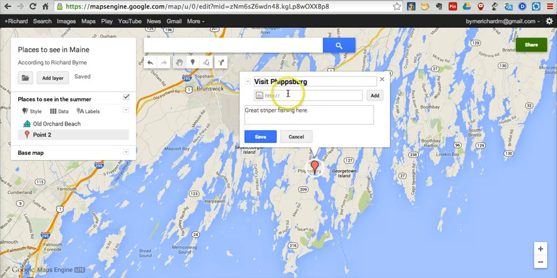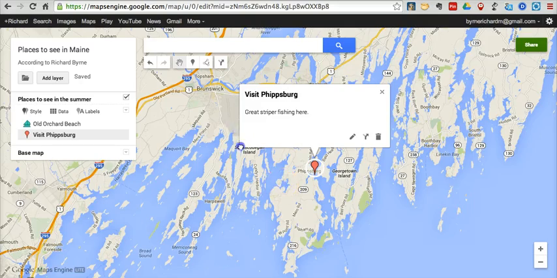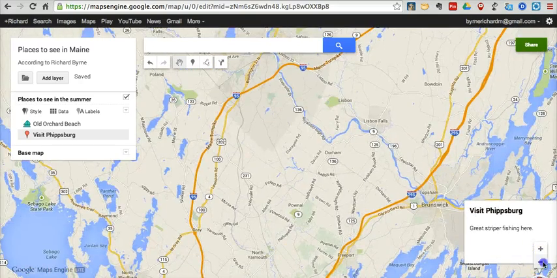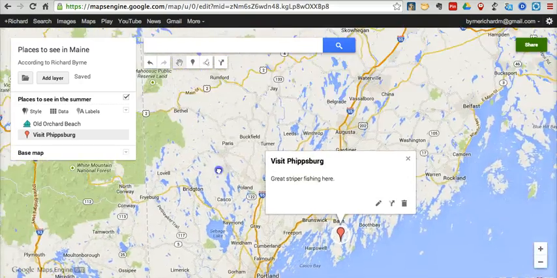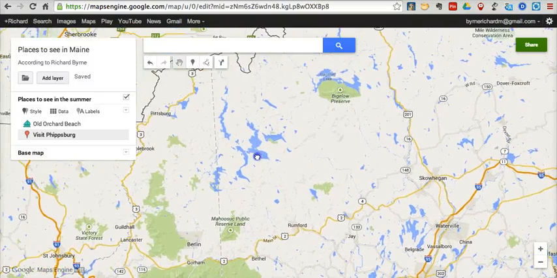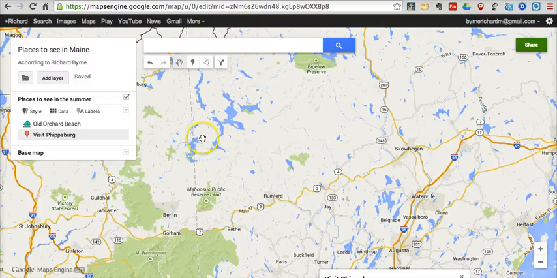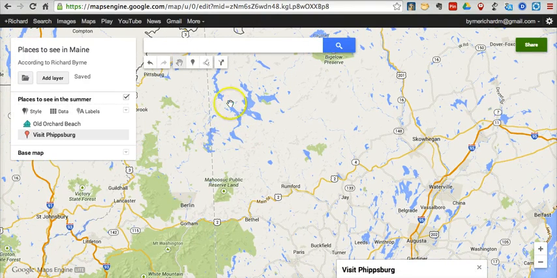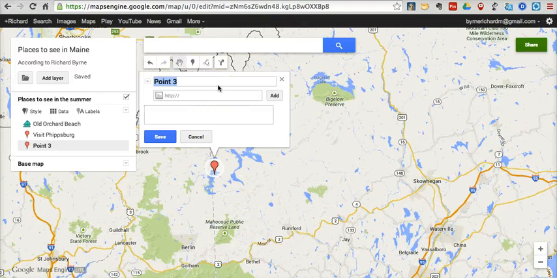And again, if I want to add a picture, I just copy and paste it there, but I don't have a picture that represents fishing handy, so I'll just save it. And we can zoom out again and add another place mark. We might say we want to go to Lake Umbagog, which is up here on the border of New Hampshire and Maine. And I'll click it once, and click it again, and say